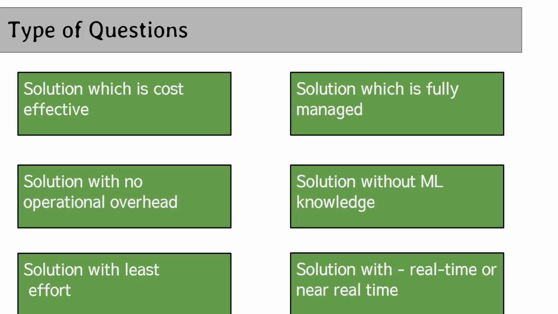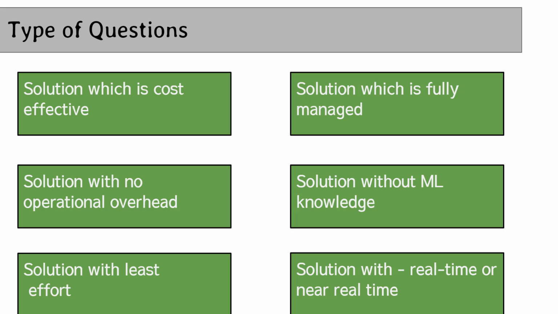Let's come to the type of questions. This exam will test how alert you are. The question size is very big, so you have to very carefully choose the options. I'll give you an example. Suppose you get a question on the collection domain and it says that you are building a system that should provide real-time information, or let's say near real-time information, but at the same time it can ask you that record size should be 2 MB. So you have to very carefully choose between MSK, Kinesis Data Streams and Firehose.